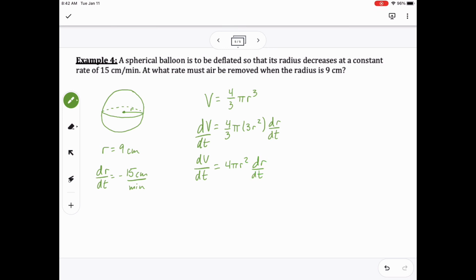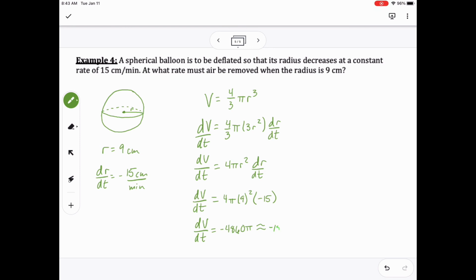So I know that r is 9. And then I can plug in my dr over dt, which is negative 15. And then I can simplify. So 4 times 9 squared, which is 81, times negative 15 will get me a value of negative 4,860 pi centimeters cubed